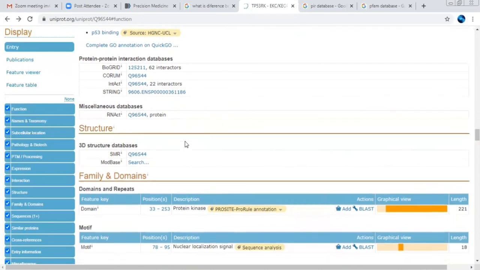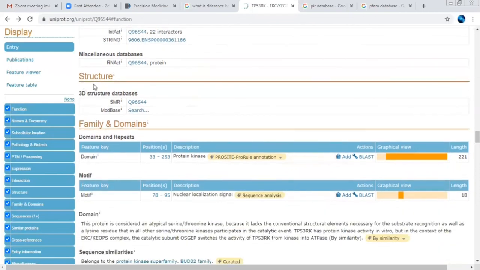And that's the main thing we need over here: after knowing the sequence, after knowing the interactions from the protein-protein interaction database, we have to also look at the structure of the particular protein. For knowing the structure of the particular protein, they have provided you the 3D structure data. These are the two databases where you can get the 3D structure of the protein.